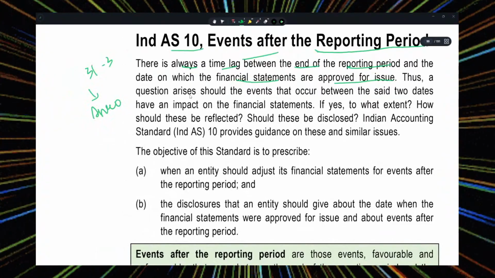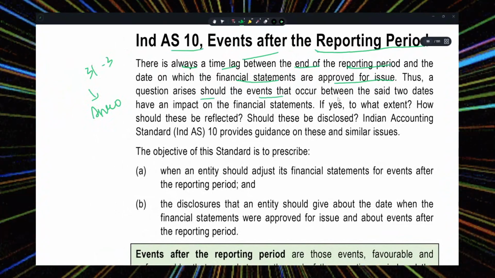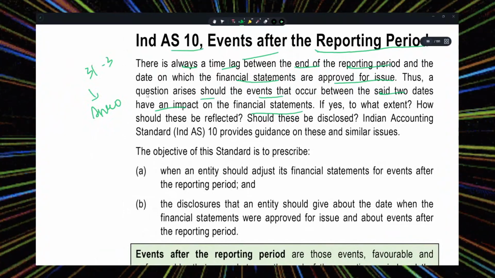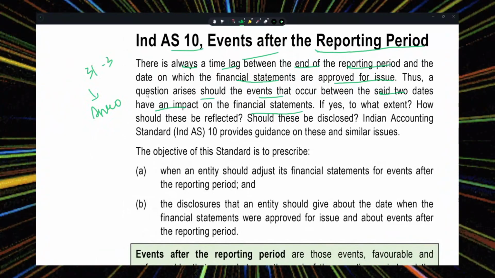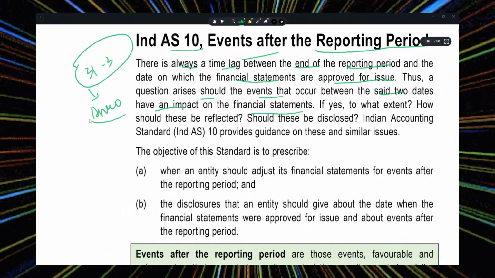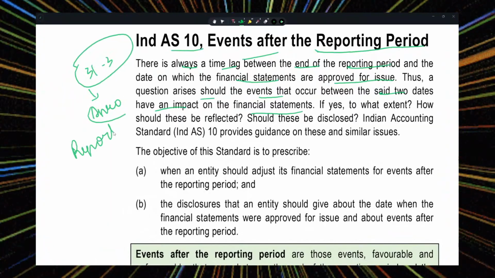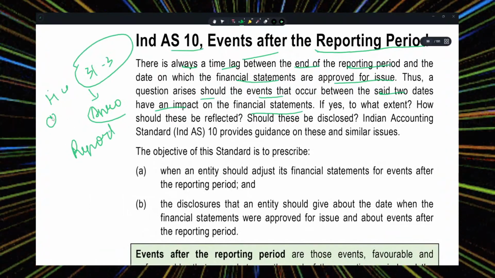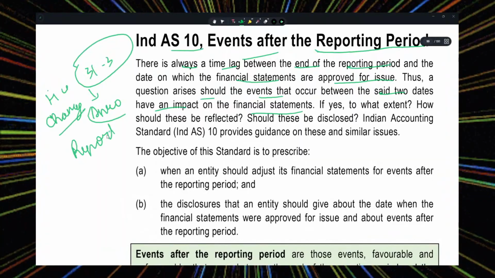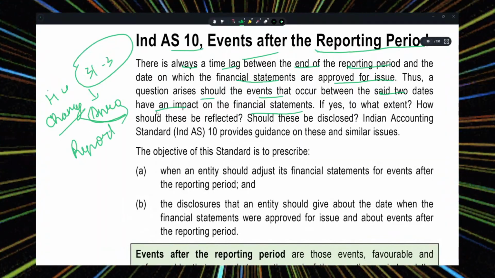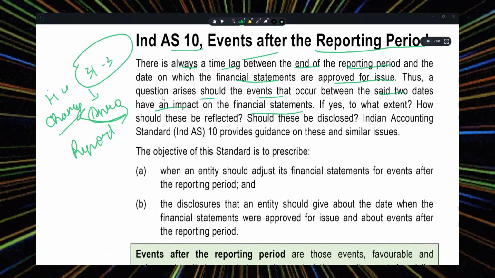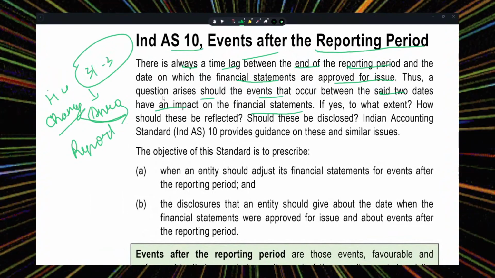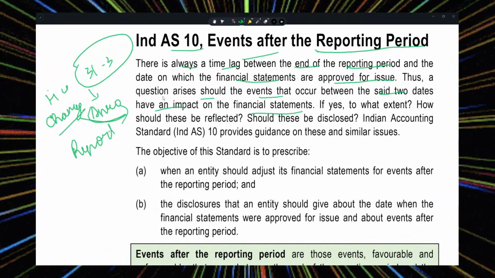So the question arises: should an event that occurs between these two dates have an impact on the financial statement? Yes, because when there is a date difference between 31st March and the report date, incidents may happen. Fire may happen, an accident may happen, any big changes may happen. These may affect the financial statement indirectly. For example, in a fire, all the stocks are destroyed. On 31st March, stocks were there, but on 1st April, the stock was destroyed. This is a significant event, so do I need to report it in the statement?